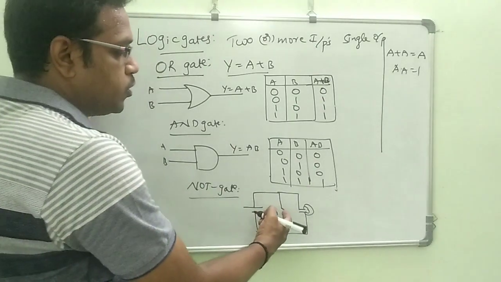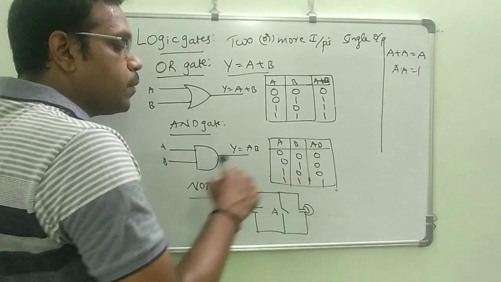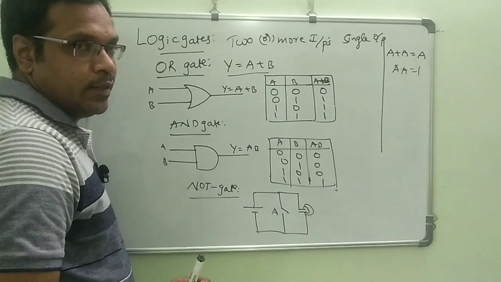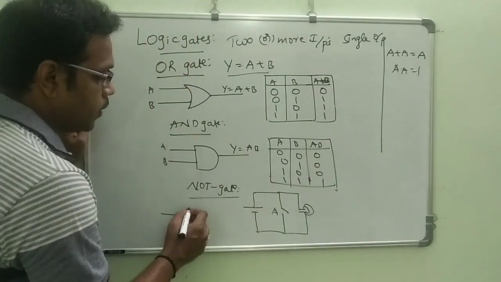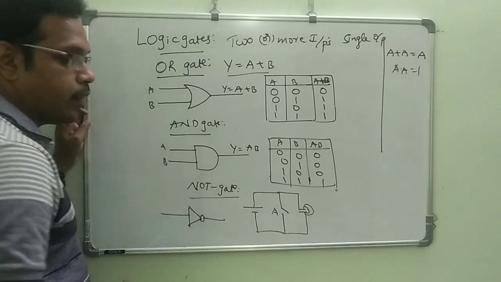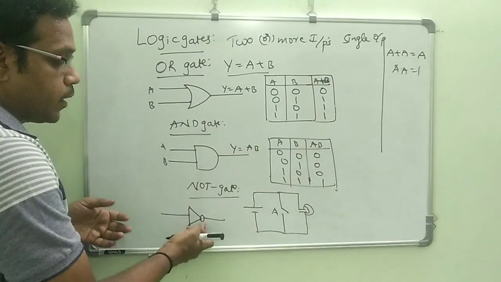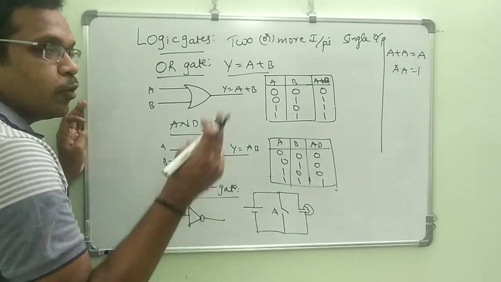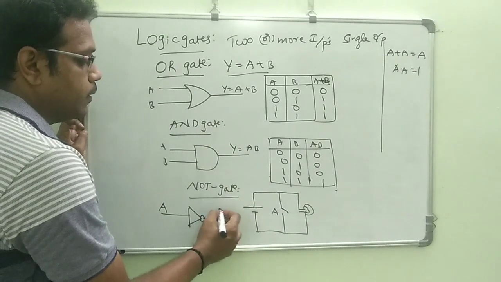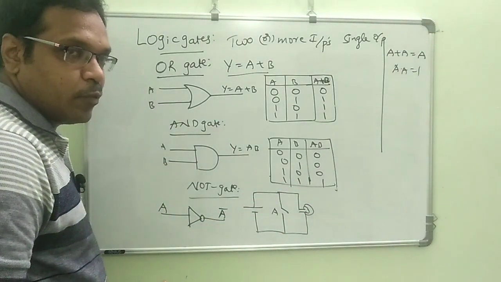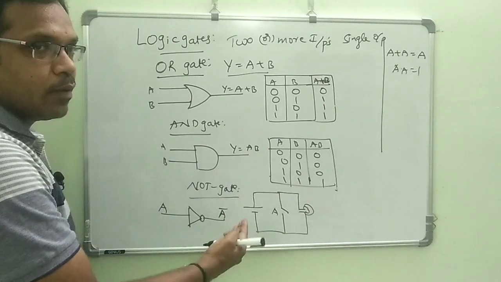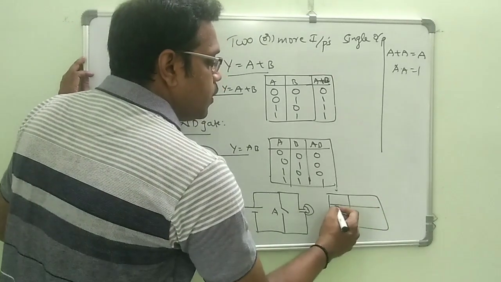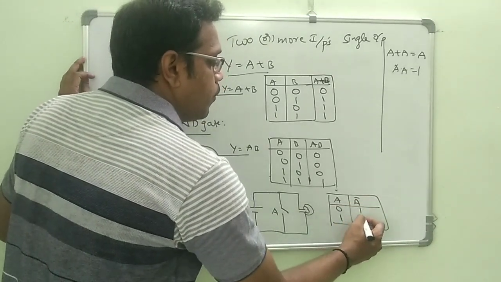This is the input. Suppose if I switch off this one, compulsorily the bulb will glow because the current can go like this. I am giving a key in between. The NOT gate symbol is like this, a triangle. Don't draw it like a diode. It's a circle, a small bubble. If you give a single input A, you will get the opposite of that input, that is A bar. If you give 0, 1 will come; 1, 0 will come. The truth table of this one: A, A bar: 0, 1; 1, 0.